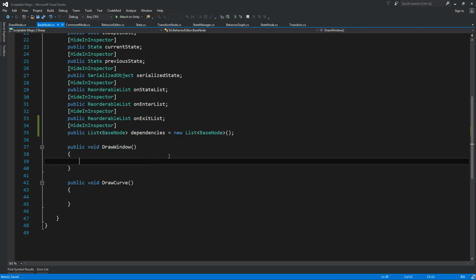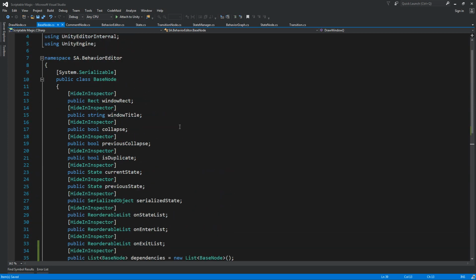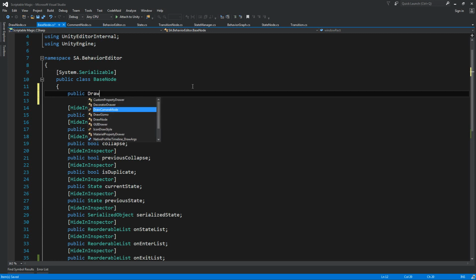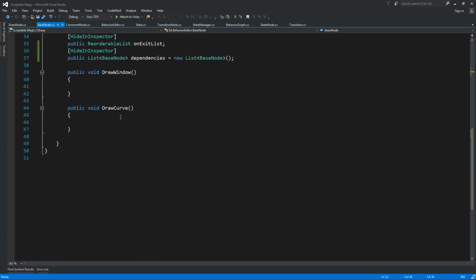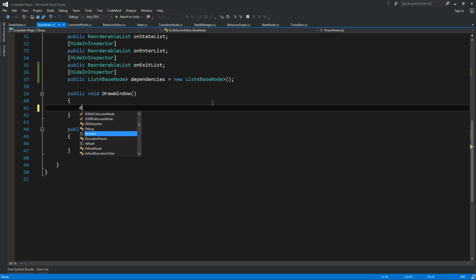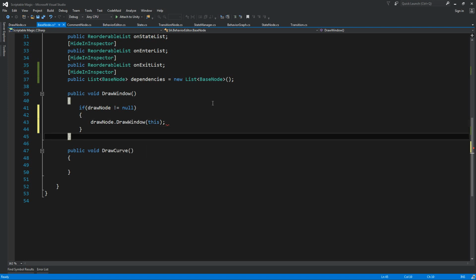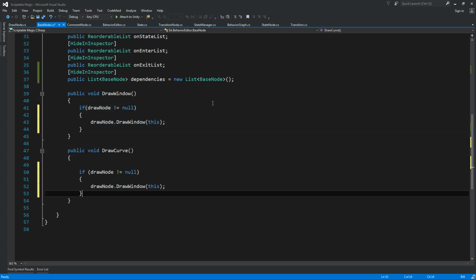Then, I'm going to go onto the definition for the base node, and I'm going to add a draw node, which is basically going to be the type of the node we want to handle. Actually, let's check first if draw node is not null. If it is, drawNode.DrawWindow(this). Same with the DrawCurve